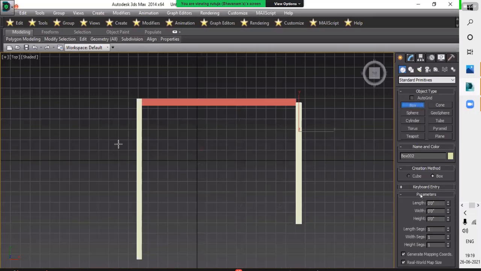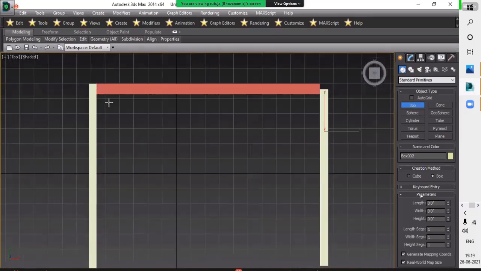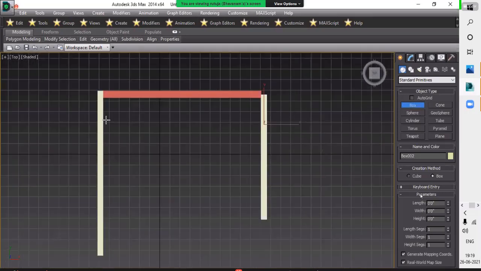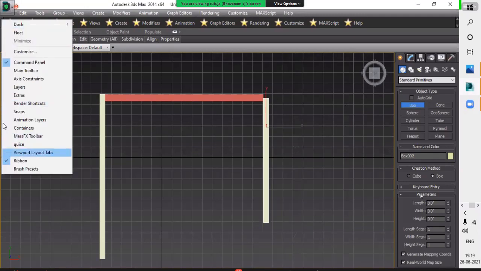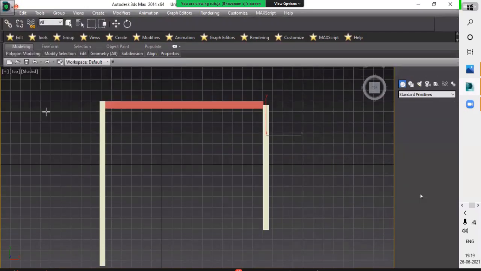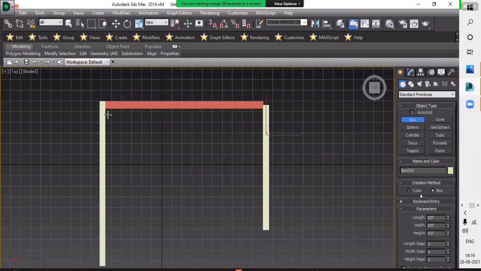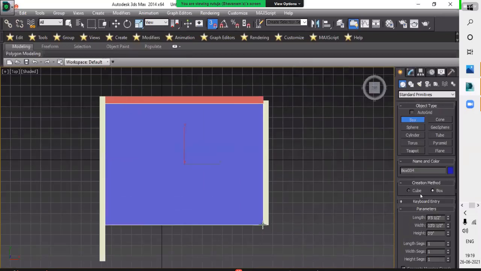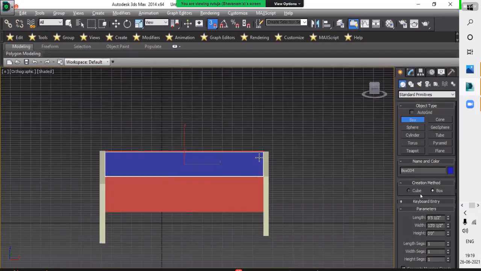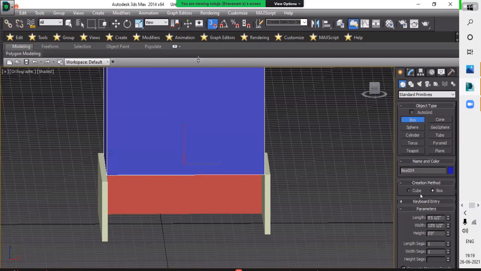our floor. So how can we draw your floor? Turn off your snap and take a width to this box.